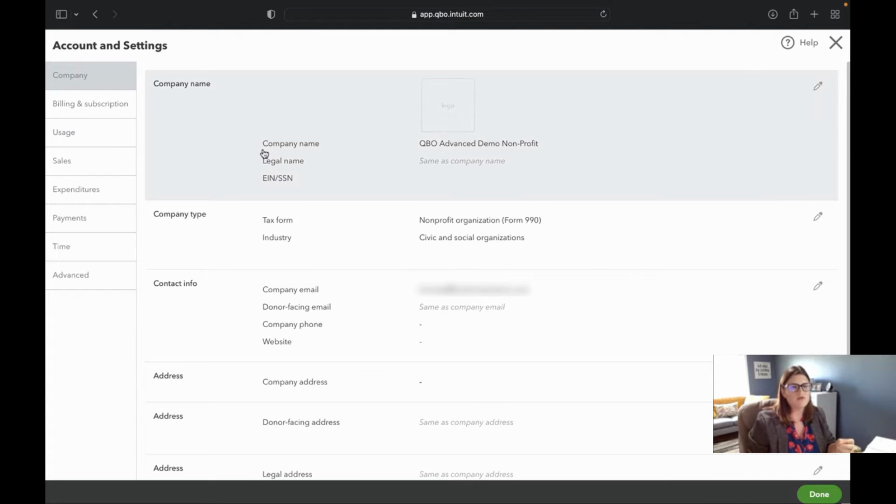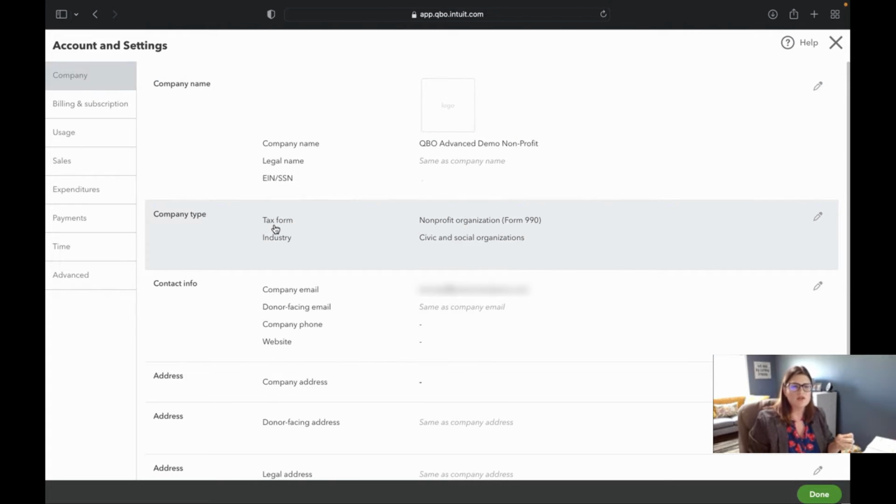Some things you can change from your settings, some things you cannot. So you can change your tax form here. Here's your nonprofit. What industry are you? For an HOA, I will pick on them because everybody hears about 501c3s, right? You always hear 501c3. And if you're an HOA, you're considered a social welfare organization. So that's actually 501c4. If you're interested in the different kinds of nonprofits, or if you're thinking about opening a nonprofit, make sure you know what type you fall into. Don't just grab 501c3 because you think that's the one you should grab. And all that information is on the IRS website.